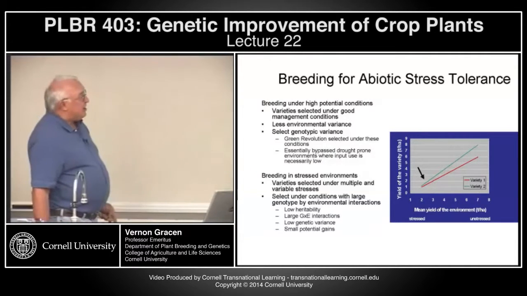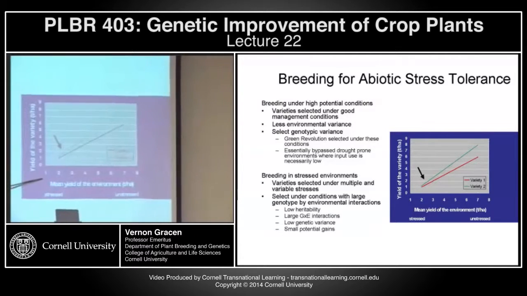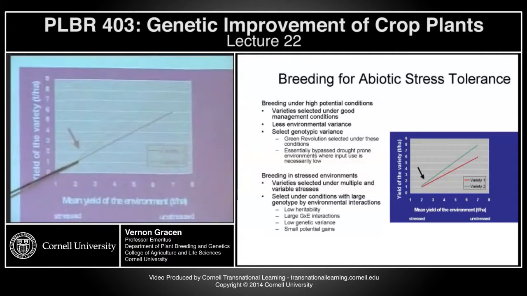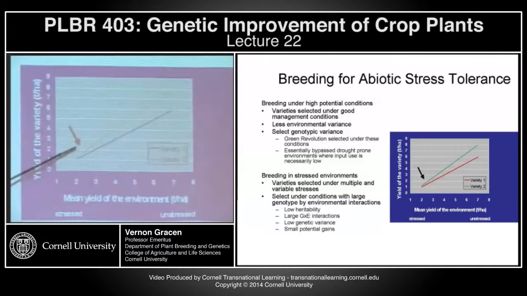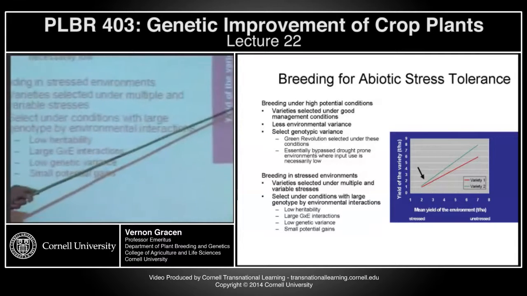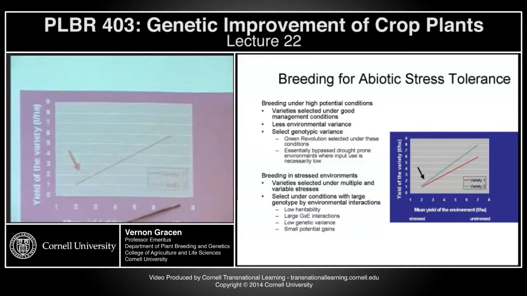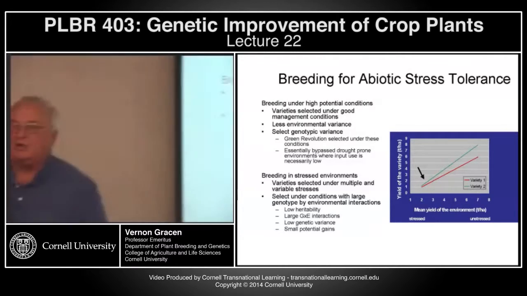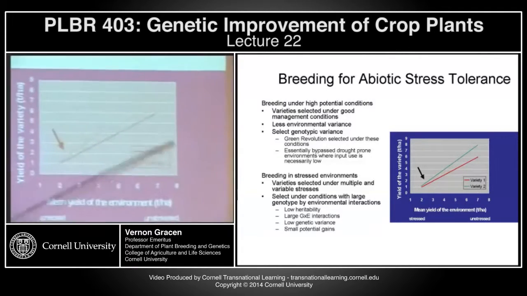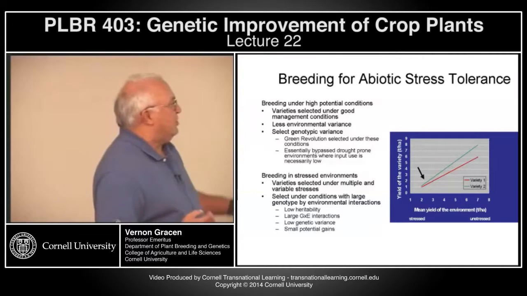If you breed in stress environments, well, I show you in the graph here, these are two different varieties. These are the mean yield of the environments. So you can see, you can select varieties that yield at least at some level in poor environments. And as you get to higher and higher levels of productivity from the environment, you can select for varieties that yield increases actually exponentially in many cases. If you're breeding in stressed environments,